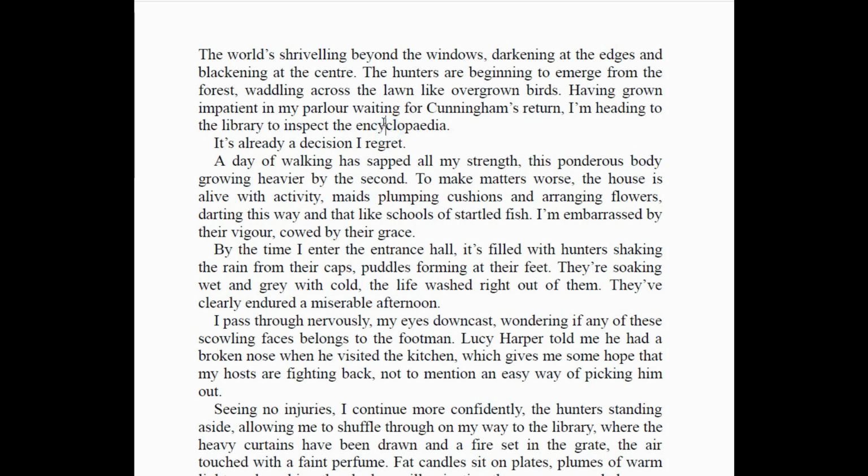And you grew impatient doing what? You grew impatient waiting for Cunningham's return. Okay, so that's another participle. It describes the way in which you were growing impatient. So because it's describing the way in which you were growing impatient, it's an adverb. Remember, adverbs describe adjectives as well as the job